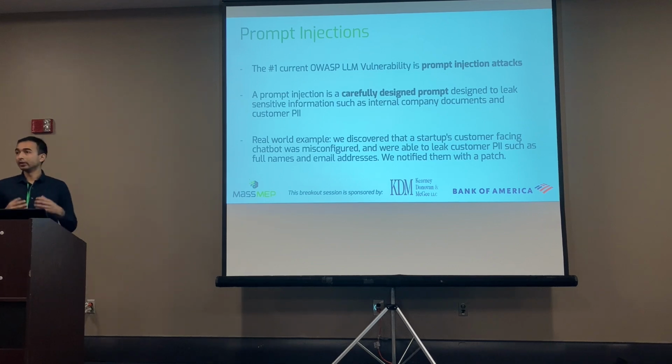And you can do it algorithmically too, and this is really a cat and mouse game. People are coming up with better ways to prompt inject chatbots, and people are coming up with better ways to defend against it. But in this case, we were able to leak some valuable PII. So we notified them and told them how to patch it. But this is the kind of thing where you have to be very careful about what data a chatbot can read. Because if a chatbot can read not just my refund information, but the refund information for everyone in the system, that's a potential new security hole that I've inserted into my system.